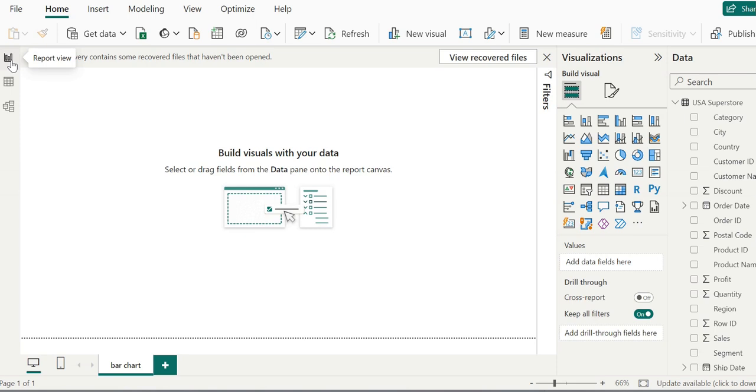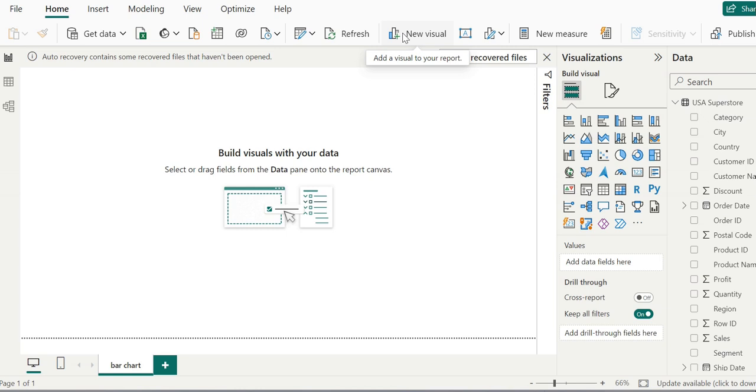There are a couple of ways to do so. For one, this is a new visualization, and the second method is this one, which is in the top menu. See this little tooltip telling us to add a visualization to your report.